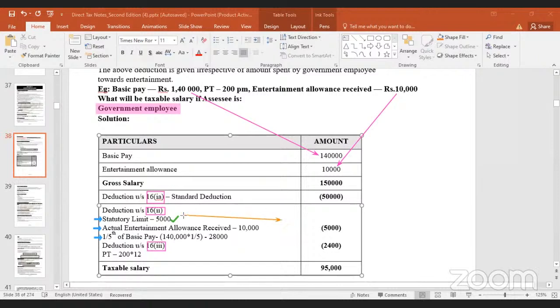5,000 to the outer column over here. This is with respect to entertainment allowances. Next is going to be a PT. A PT of 200 rupees is actually paid per month. 2 into 12 works out to 2,400. So it's going to be